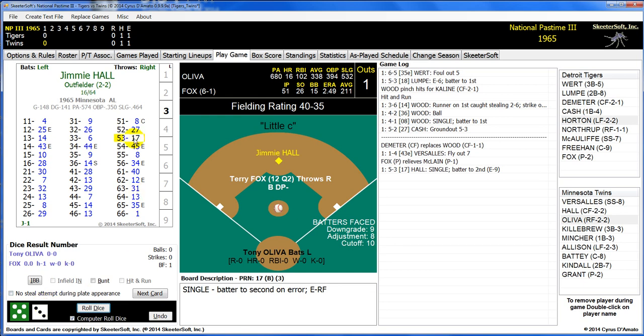And the dice roll of 5-3 is a play result 17. That's a single. Batter to second, error on the right fielder. So we have a hit and an error. Hall's on at second. Okay, I'm going to stop this particular game, and I'm going to show you how to